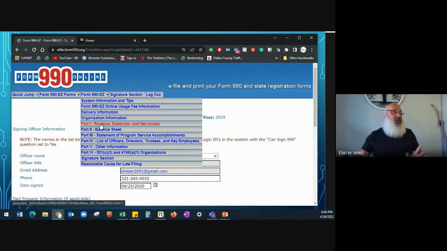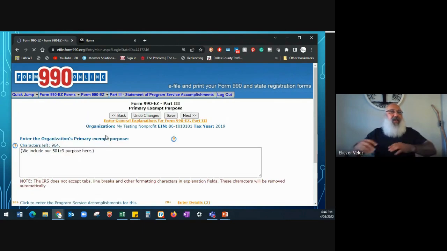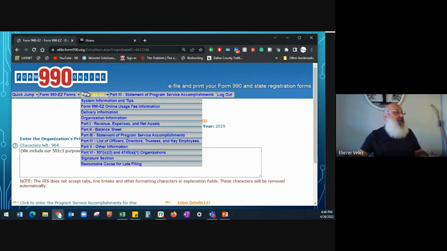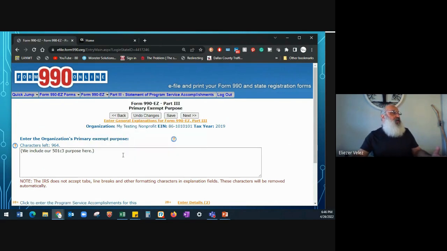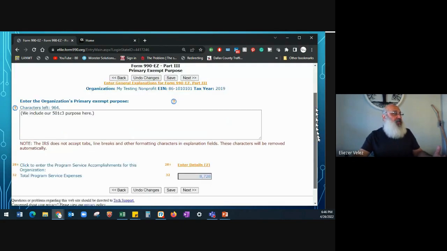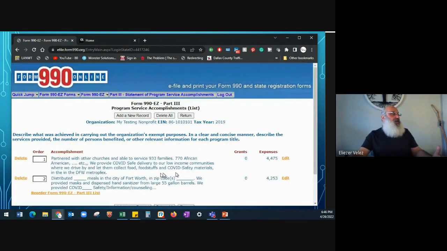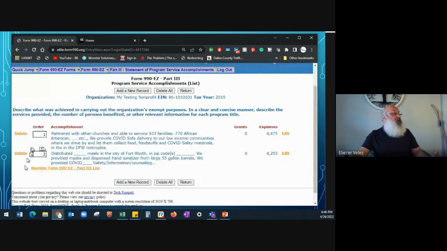The reason why you would want to file it is, let's say you want people to know, yeah, we might be small, but look at all the good that we're doing, and you speak about what it has been that you have accomplished, right? So you partner maybe with some churches, you distributed meals in Fort Worth, whatever it was that you did, and this is how much it cost you. So it's a small amount,